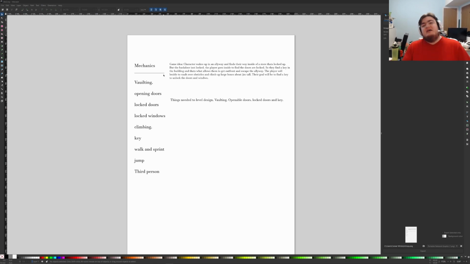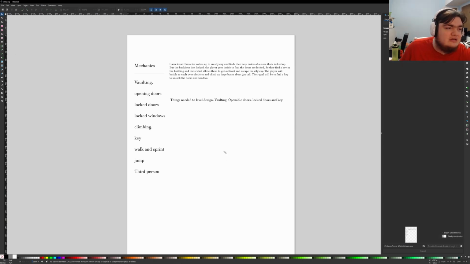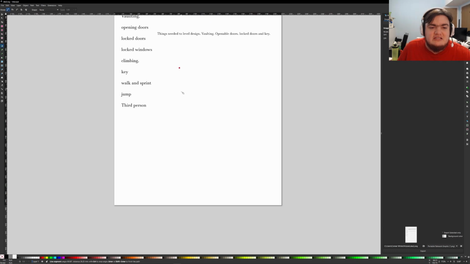So this lays out what the ideas for the game are and what the mechanics needed for the game are, and then it puts them all together so you can see. So when you're designing, you can go through and keep them in mind. Then your next part would probably be to bring up your tool and actually design the levels. So the player will start right here,